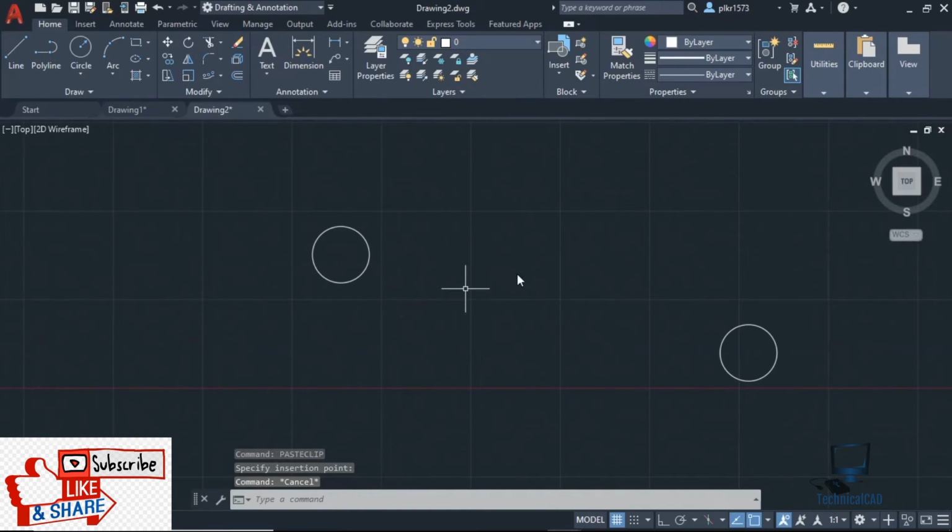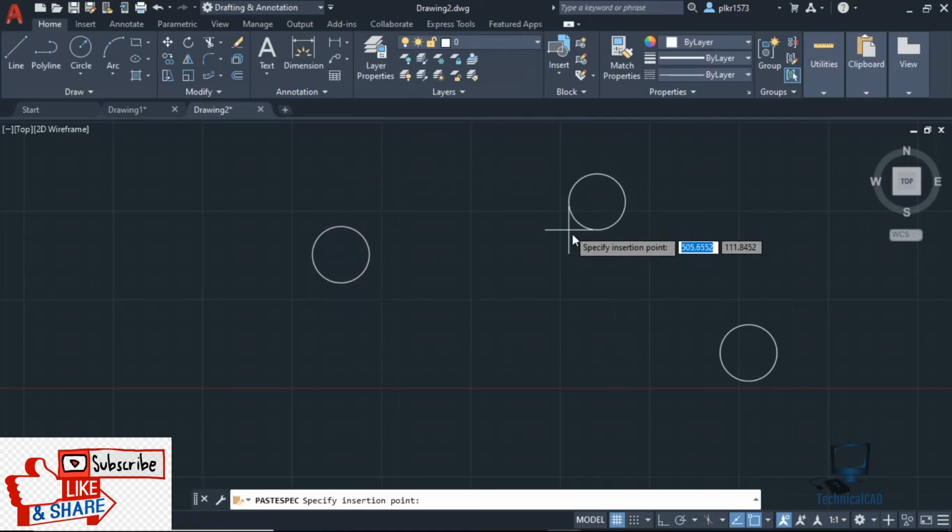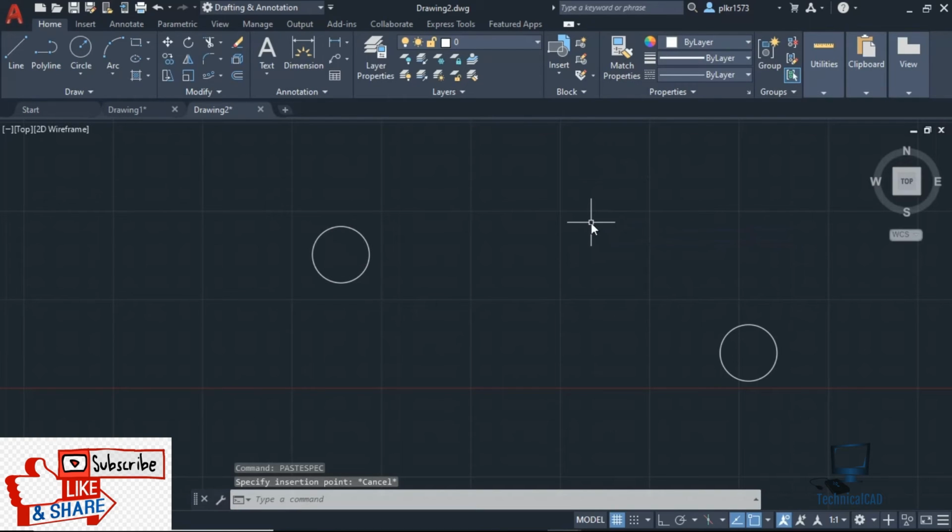And paste special is one more option. Paste special is about in which format you need to paste the object. I need to paste as a picture, metafile, bitmap or AutoCAD entities. You can select any type. If I give AutoCAD entity, it will come as a circle.